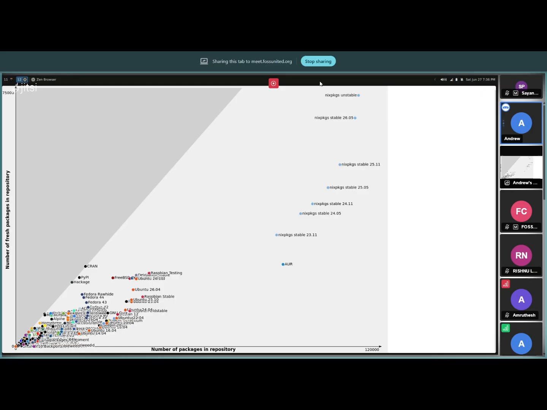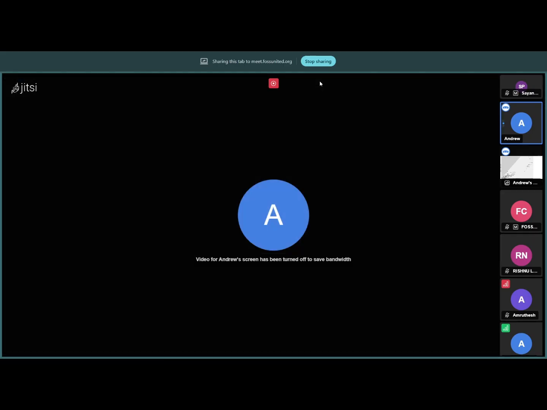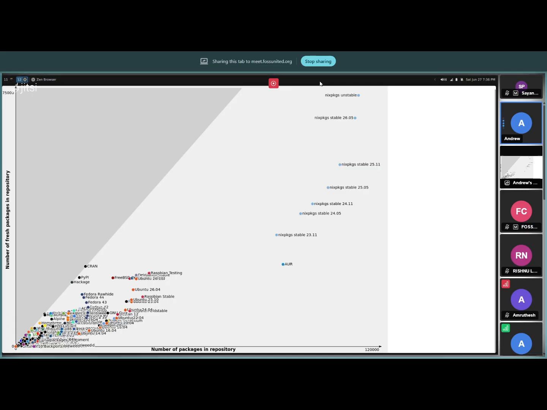You can see Ubuntu staying over here, Fedora is about here, and the AUR is over here. But you can see the AUR has only caught up to where Nixpkgs was. This is Nixpkgs as of November 2023, so the AUR is caught up here. The actual current release is around here, which means there are a lot of packages, and all of them are more up to date than the AUR packages as well. It's actually insanely big.